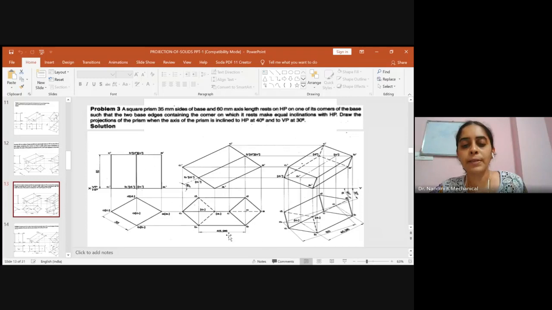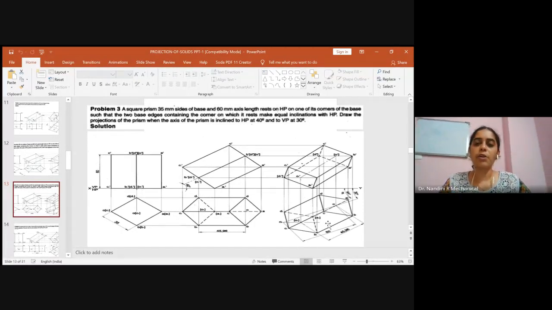Both will be mapping. The apparent length of the axis here should map with the apparent length of the axis what you have taken. The true length of the axis, 60 mm, should map with the true length of the axis what you have taken. If both the things are mapped, then the third stage top view is correct. Initially, in the first two problems, for cross-checking purpose, you please check the dimensions and see. Then you'll come to know whether you have constructed properly or not.